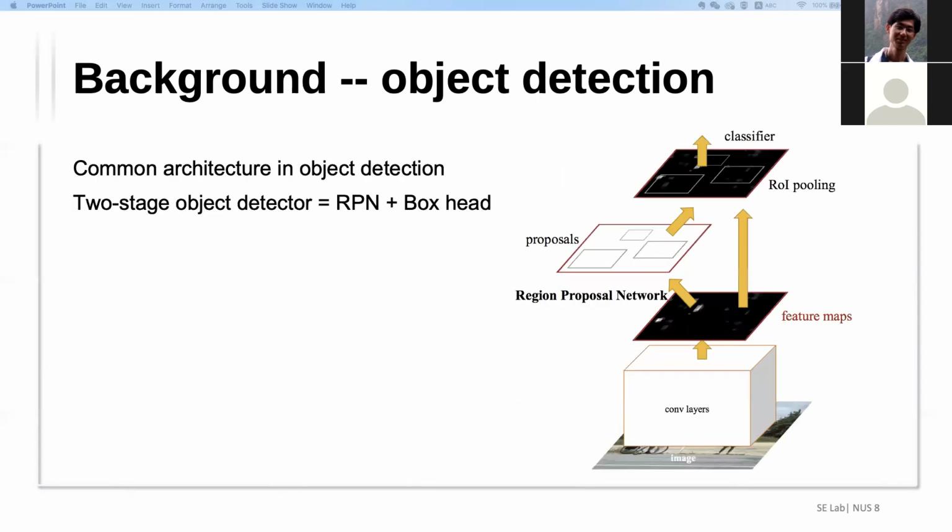For object detection, the design of the model architecture is a little different from a normal classification network because bounding box regression is a very challenging task. One common architecture is called a two-stage object detector. In the first stage, the region proposal network roughly proposes some regions that are highly likely to contain an object. In the second stage, the box head further adjusts the position of the regions and predicts their class.